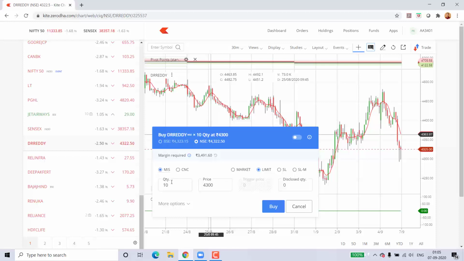If at the end of the day you bought it at 4,300 and the price goes to 4,400, that means there is 100 rupees profit in your account. 100 into 10 shares, you would have 1,000 rupees total profit. And if your investment was 10,000 rupees, then your return on investment would be 1,000 divided by 10,000, that is almost 10% on one intraday trade basis.